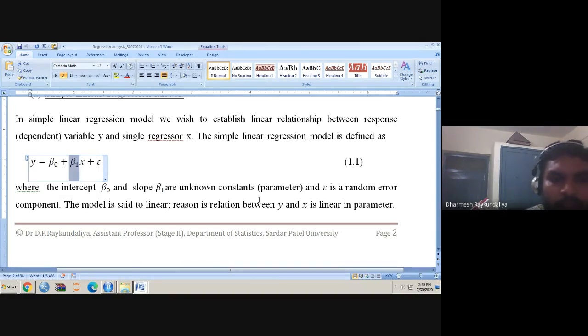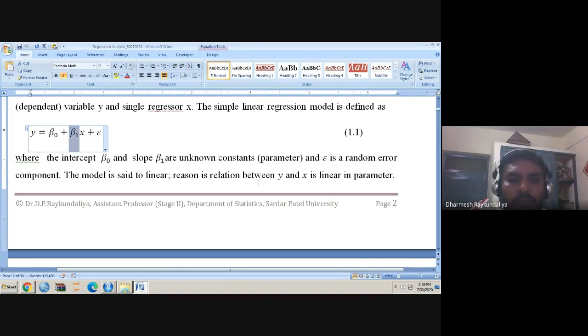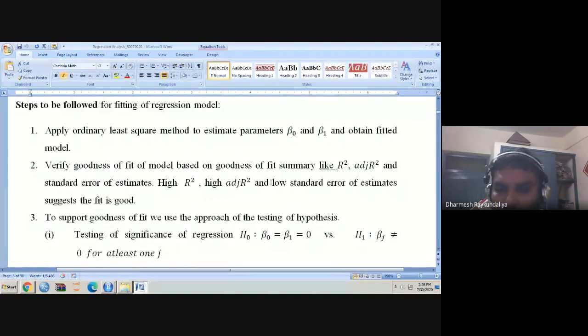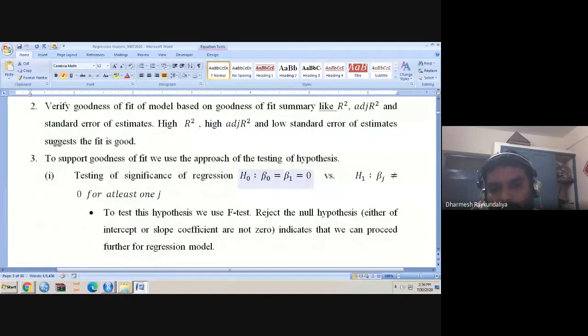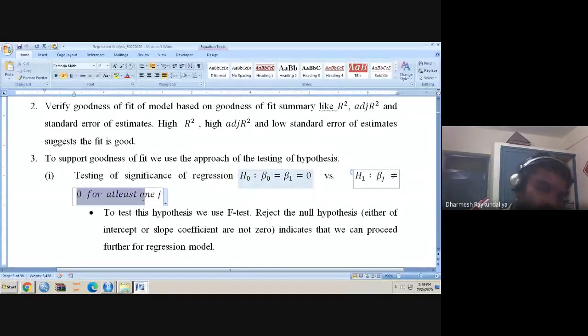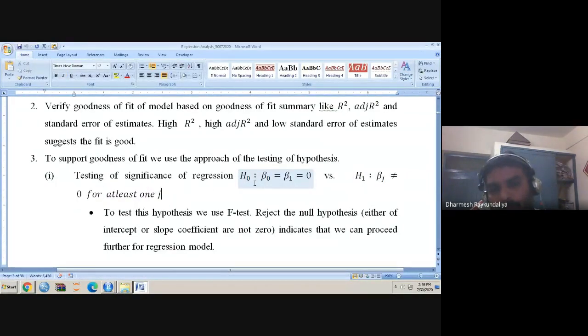It means that all the parameters are 0. तो हम null hypothesis में रखते हैं beta 0, beta 1 equal to 0 versus at least 1 is not 0. Okay. And if I wish to perform this hypothesis, which test is applied? F test. जो आपने ANOVA किया ना, तो यहाँ पे हम वापिस ANOVA करेंगे. तो analysis of variance. That analysis of variance F test will help you to take the decision.